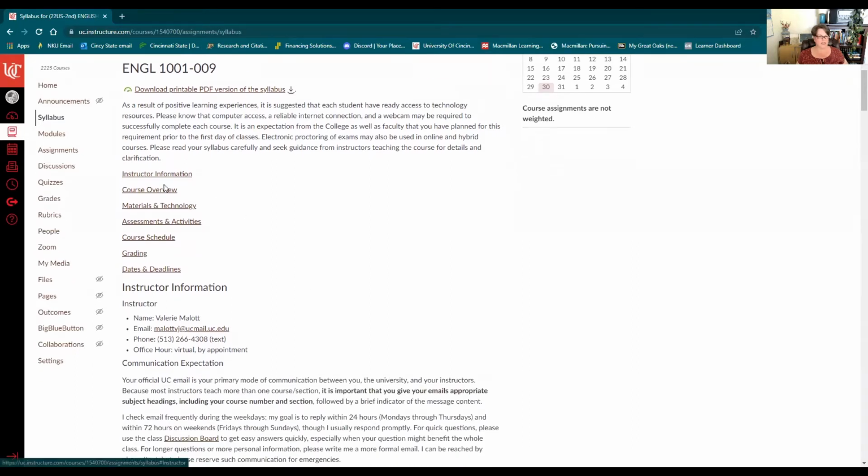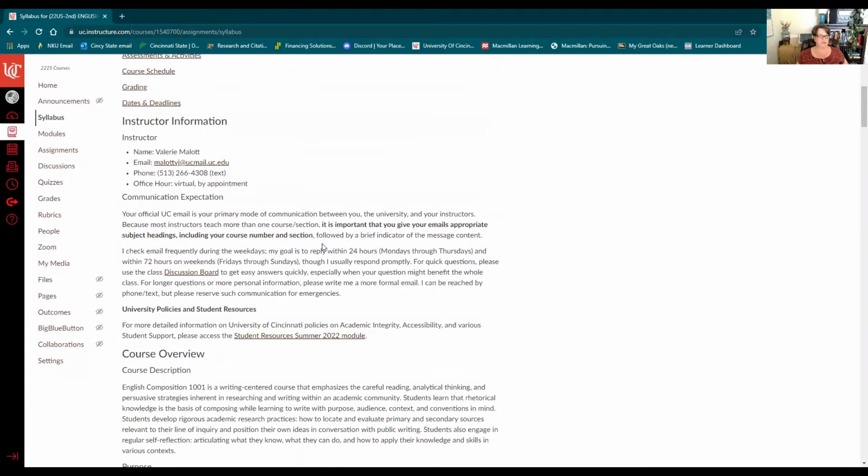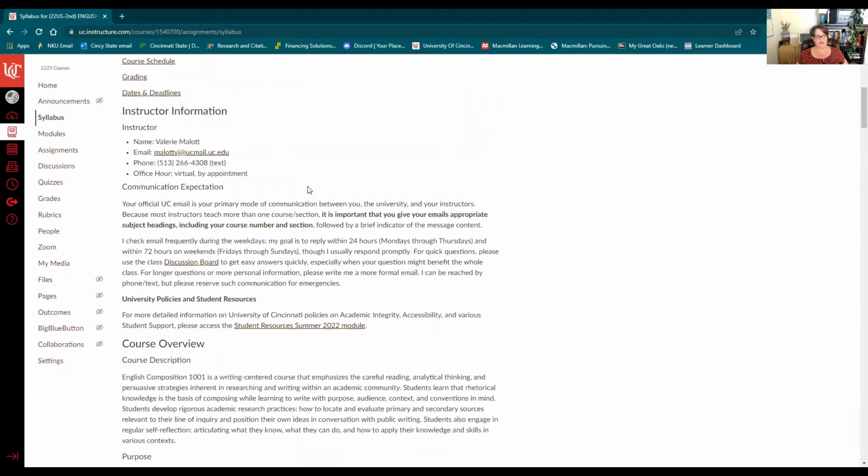We have these handy navigation links that take you to the various parts of the syllabus. So that's helpful for navigation as well. Important things here are instructor information. Please make sure that you spell my last name correctly. My name is Valerie Malott, M-A-L-O-T-T, and my email is